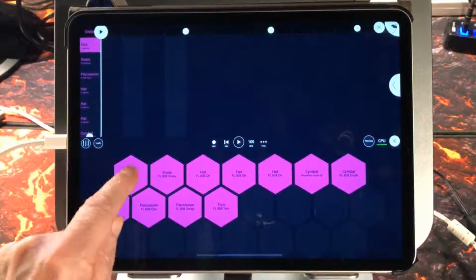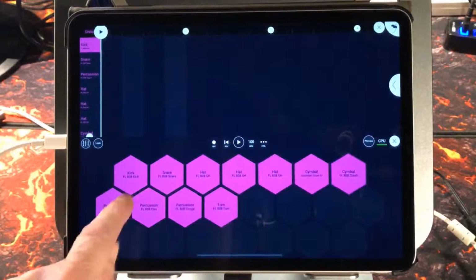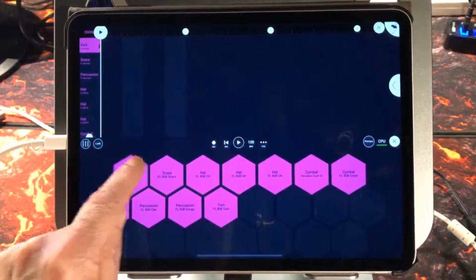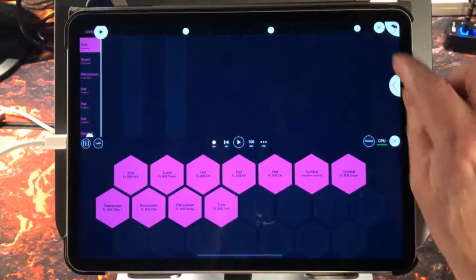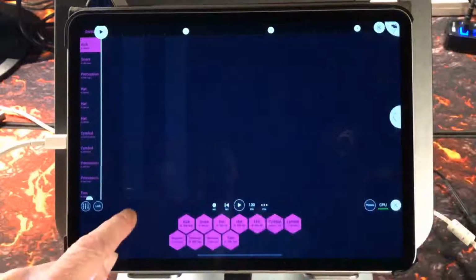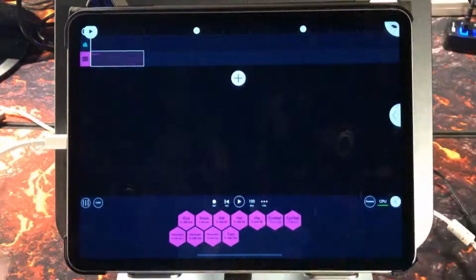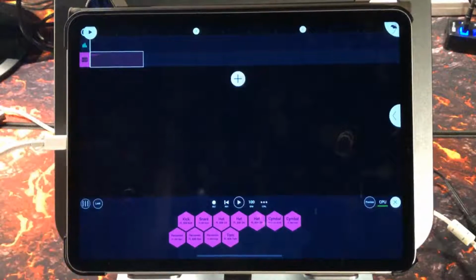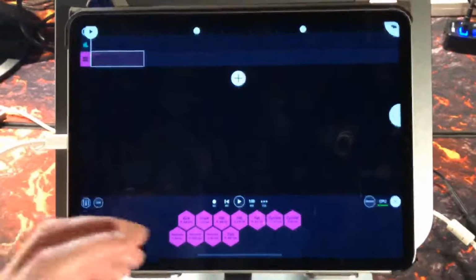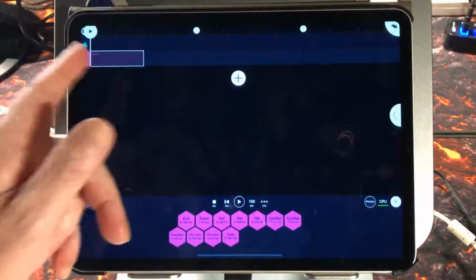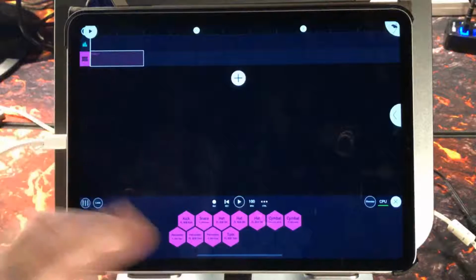So I think I'd like that a little bit louder than it is. So all I'm going to do is tap on this. I will tap this first. Now if I tap on this again, or even if I close this, you'll see there's a drum track there, and it's already created the MIDI clip for me, although there's nothing in it. I don't need to keep that clip. But before I do anything else,